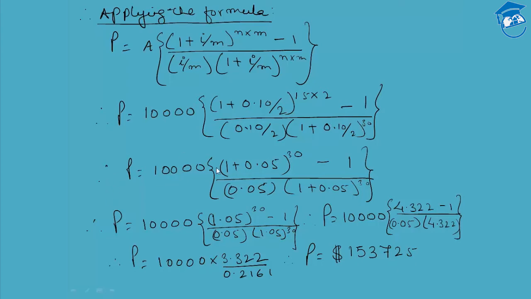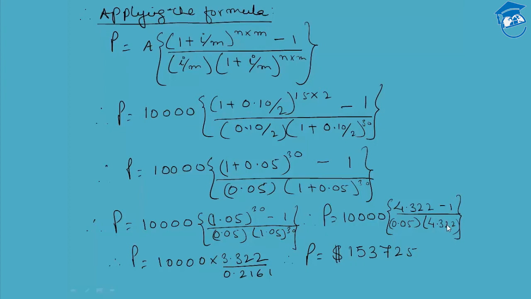Therefore, P is equal to 10,000 within curly brackets 1 plus 0.05 to the power 30 minus 1 within curly brackets upon 0.05 into 1 plus 0.05 raised to the power 30. Therefore, P is equal to 10,000 within curly brackets 1.05 to the power 30 minus 1 curly brackets close upon 0.05 into 1.05 raised to the power 30. Therefore, P is equal to 10,000 within curly brackets 4.322 minus 1 within curly brackets upon